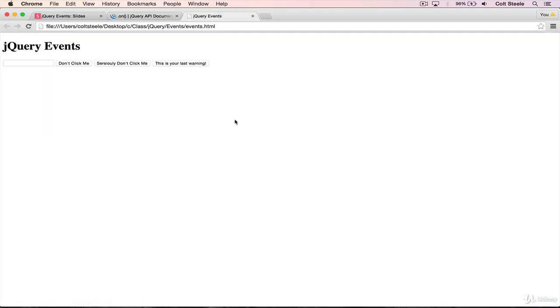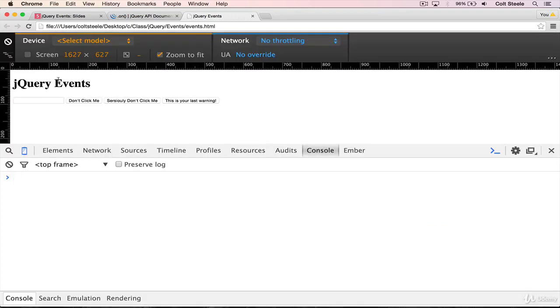I'm going to refresh my page, my jQuery demo. So we have no click listeners. So no clicks, we have no key presses, nothing happens on our buttons either. And let's go and try and add some click listeners first. Let's change the color of the H1 when we click on it. So we need to select H1, and then we're going to do .on, and the first argument is the event type, which is click, and then our callback function. And inside the callback function, if we wanted to change the color of the H1, we could do something like this, where we just say